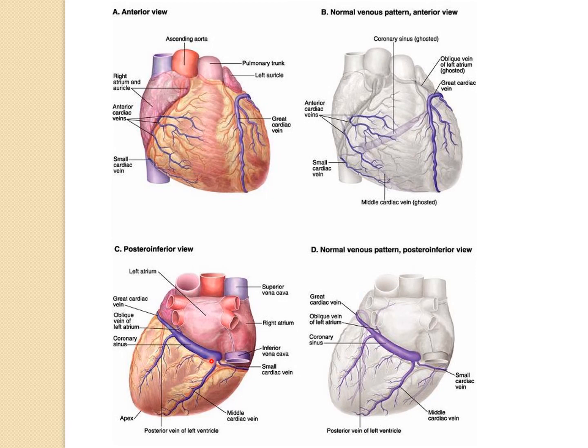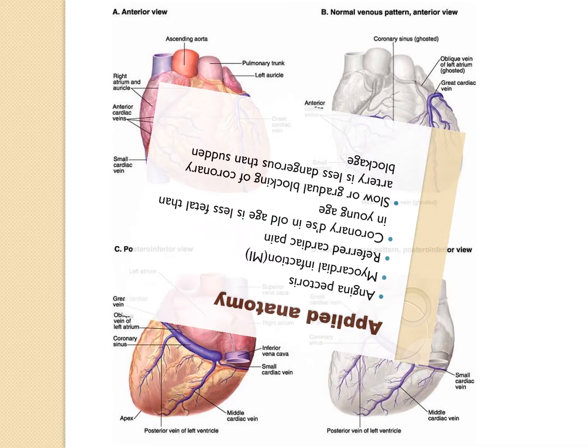उसकी tributary कौन कौन सी है coronary sinus की? Great cardiac vein, middle cardiac vein, small cardiac vein, posterior vein of the left ventricle and oblique vein of the left atrium. These are the tributaries of the coronary sinus. What is the peculiarity of the coronary sinus? It is encircled by myocardium, and occasionally the posterior surface is overlapped by cardiac muscle from the left atrium. Developmentally, the coronary sinus is developed with part of the heart. So these are the venous drainage of the heart.